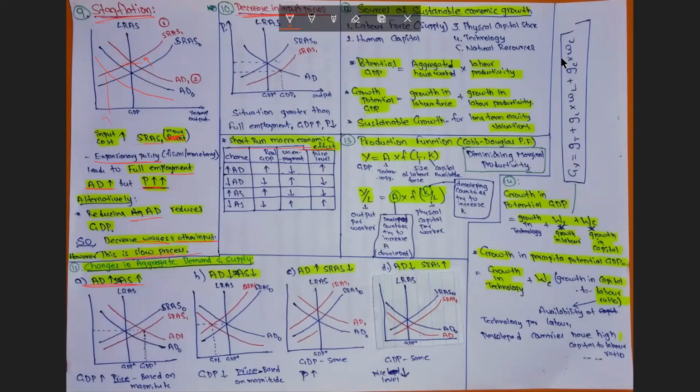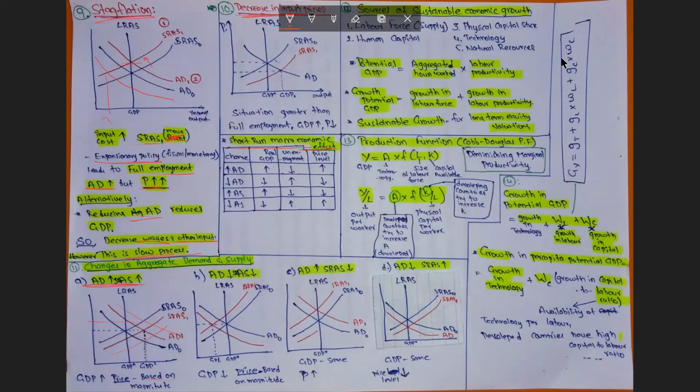So the aggregate demand curve increases and the aggregate supply curve increases. So there is an increase in GDP and the price level, but whether the price increases or decreases depends on the magnitude, that is, which factor is increasing more. When aggregate demand increases more when compared to aggregate supply, the price will increase, otherwise the price will decrease. So the magnitude of the shift in the supply or demand curve has an impact on the price.